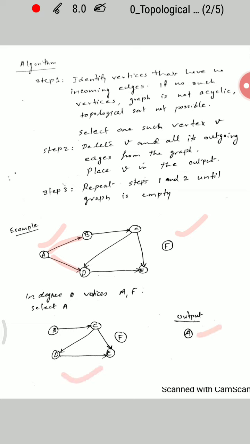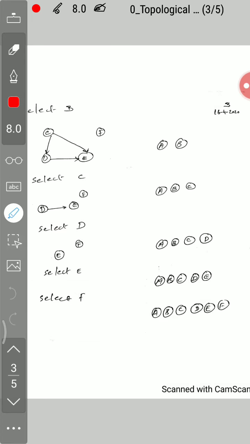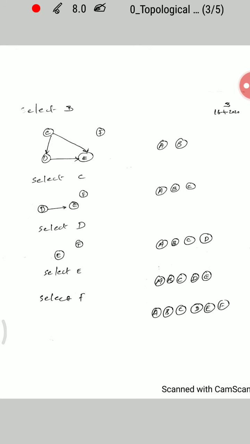See, in this new graph, B and F have in degree equal to 0. So now you are selecting B. You are removing B and its outgoing edges and outputting B. You are getting a new graph.